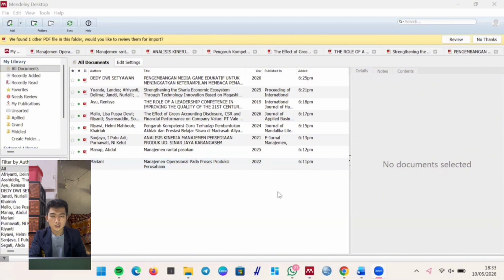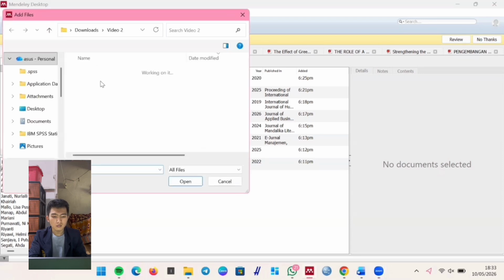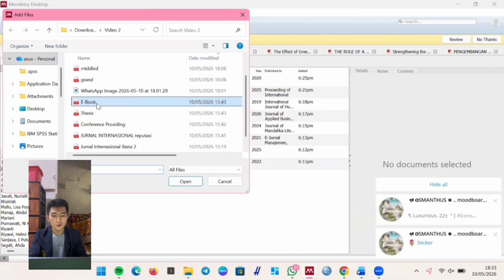In addition to the title and author, make sure the publisher and year fields are filled in.